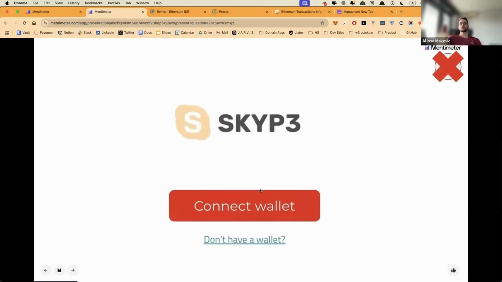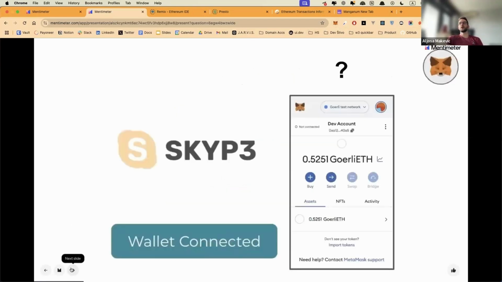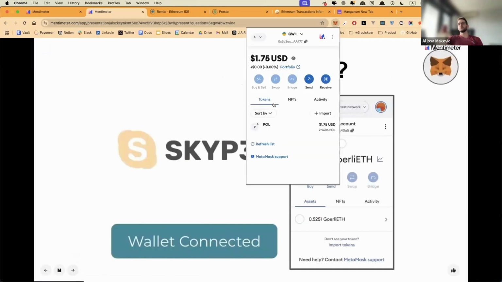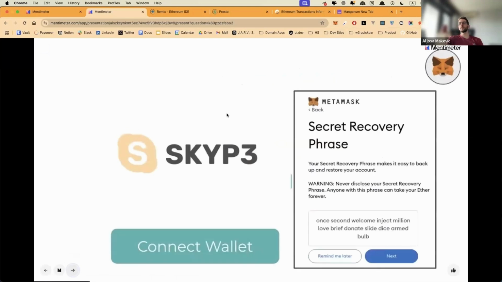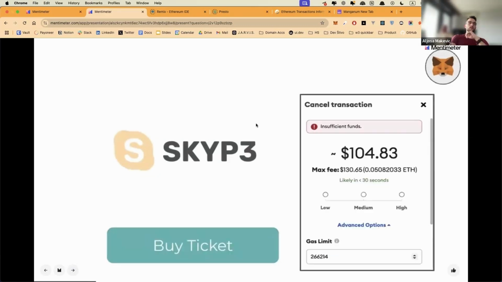The first obstacle is that if you don't have a MetaMask plugin in your browser or any other wallet plugin, you won't be able to connect to a decentralized app and you won't be able to interact with it. Then when you do, you have to understand what this means and how to use it, which is another obstacle that you don't have in Web2 apps right now. You have the secret recovery phrase that you have to keep in mind. The next thing is, as I said, you have to pay gas fees all the time. So if you don't have enough funds, that will be an issue as well.